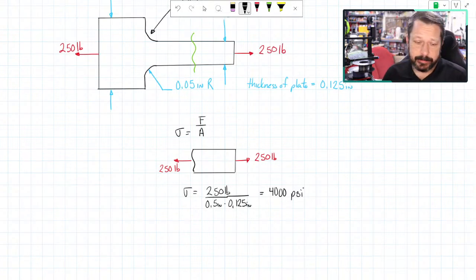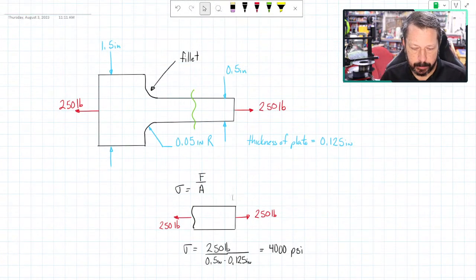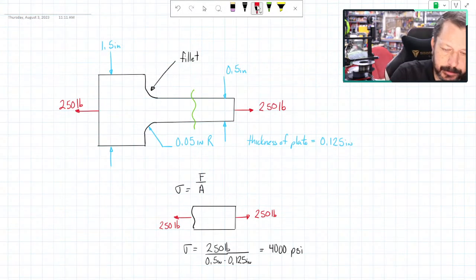So that's not too bad. If this is a steel of some kind, then our yield strength is like 30-something thousand, 36,000 PSI. We're way under that. So we have definitely, I would assume, made our factor of safety. But if we go back up here, what we calculated, if I can try and draw the stress profile, is,